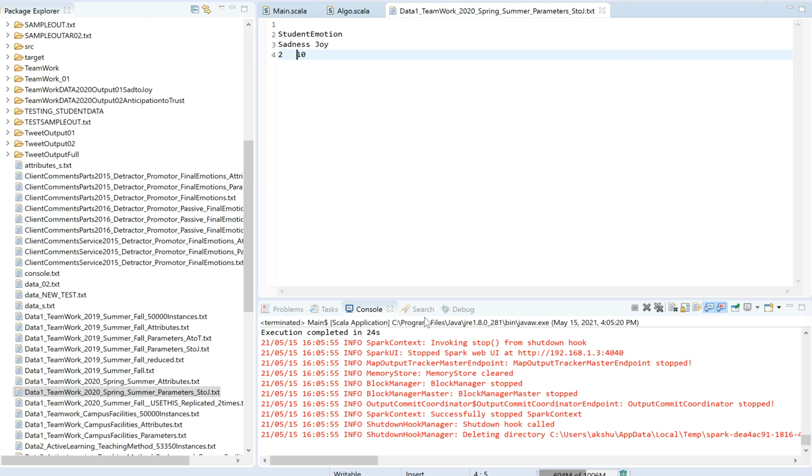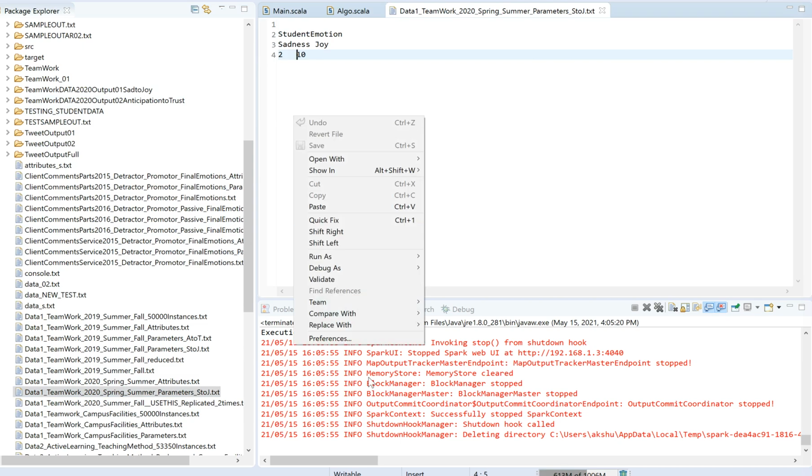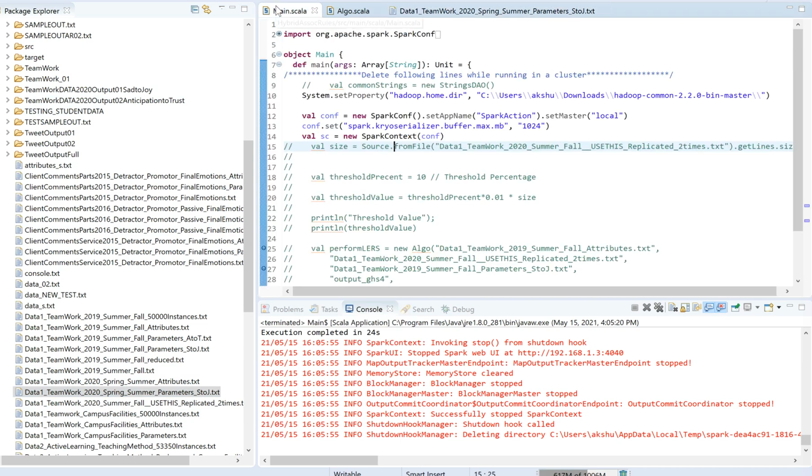And you might get an error if, see, I've already run this code now, and my output folder is already here, this testing_student_data. If I try to execute this code again without deleting this folder, then I'll get an error saying the folder already exists. So make sure that you clear this folder before you execute it again, or else give another name when passing the arguments.